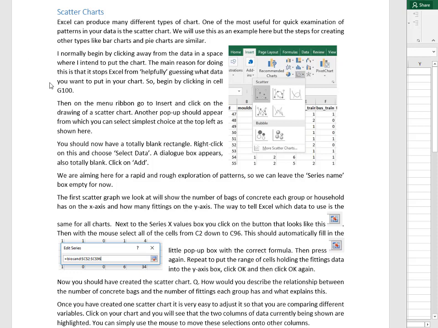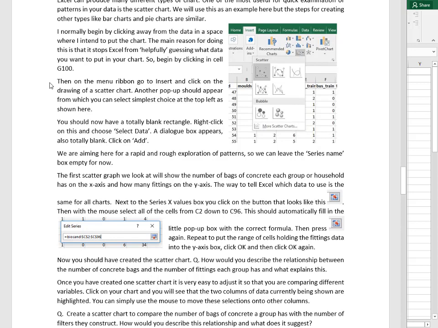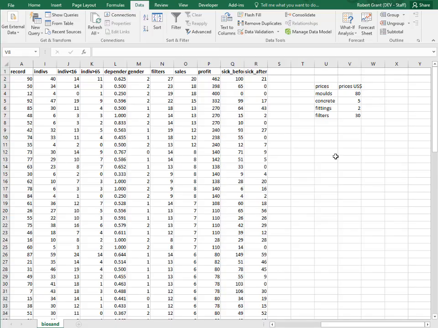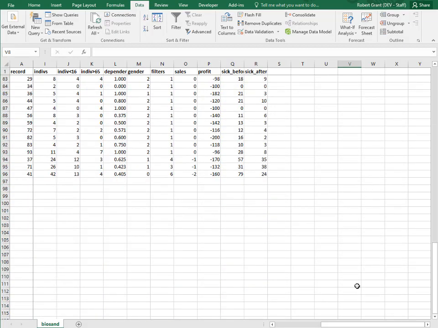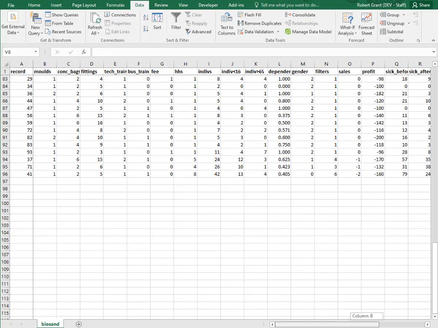So what I normally do is, if I've got some data in my spreadsheet, I click somewhere where there is no data, because Excel will often try to guess what kind of data you want to do, and in my experience it usually makes a mess of doing that. So to be precise, I might click in G100, but really just click somewhere away from the data. It doesn't have to be exactly G100, but click down here somewhere so it's away from the data, and then